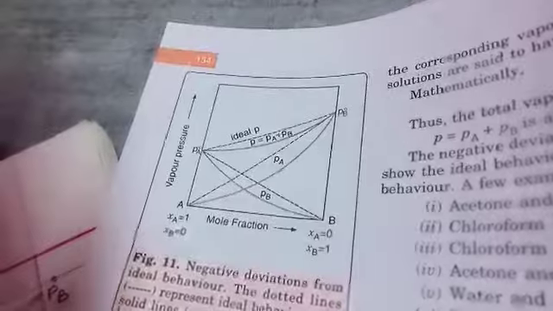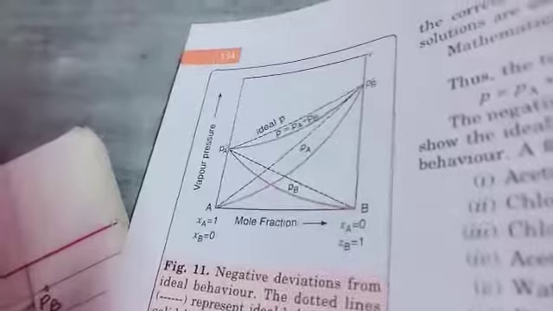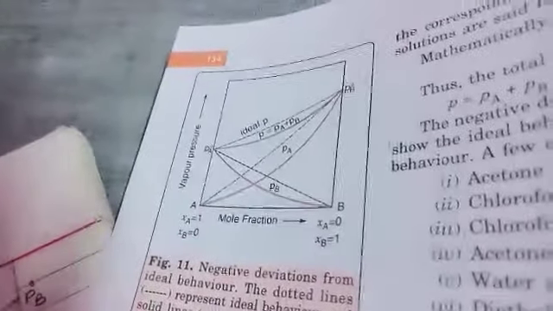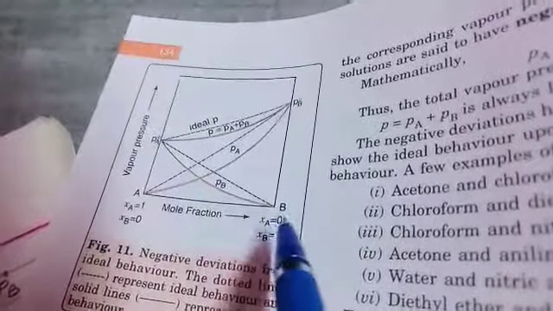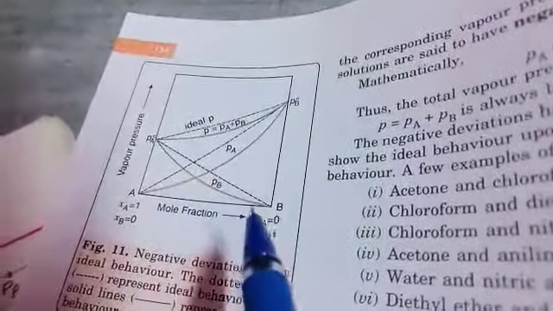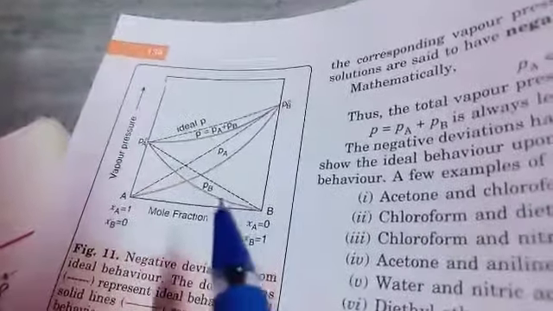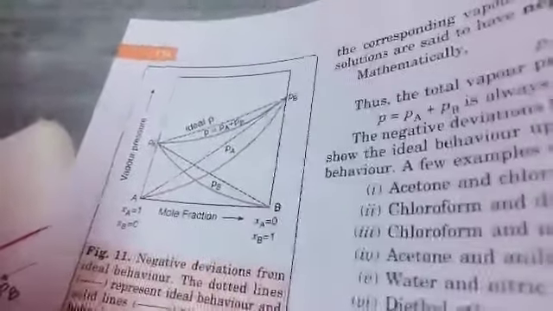And same condition if you want to show this with the graph. So now one graph, same but in the negative direction. Now just see, in this case the ideal solution, the normal one, is a dotted line, but they are showing a negative curve. Now just see, this curve is showing less vapor pressure in comparison to expected. So this one is the graph for negative deviation. Okay, thank you.